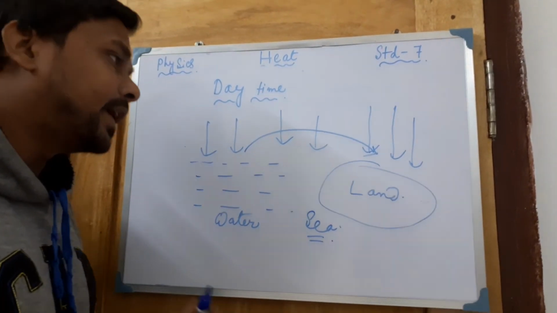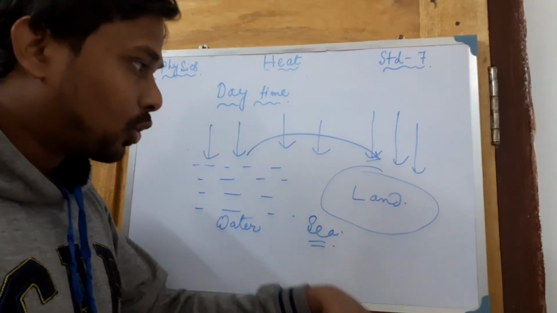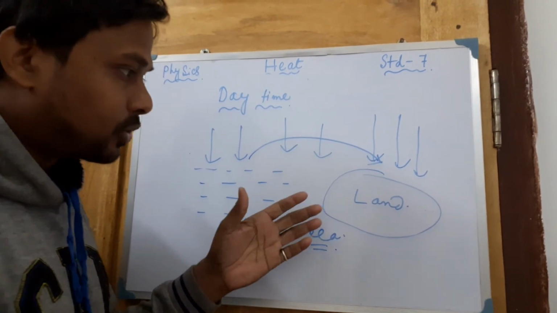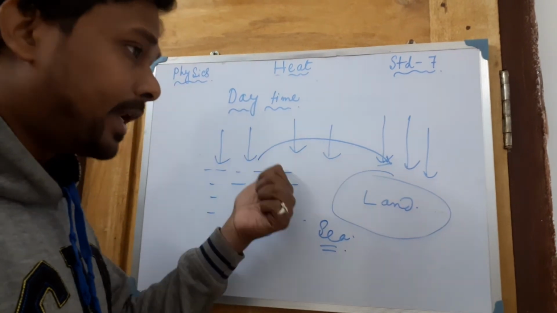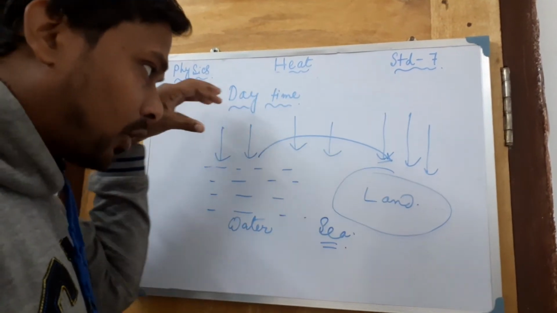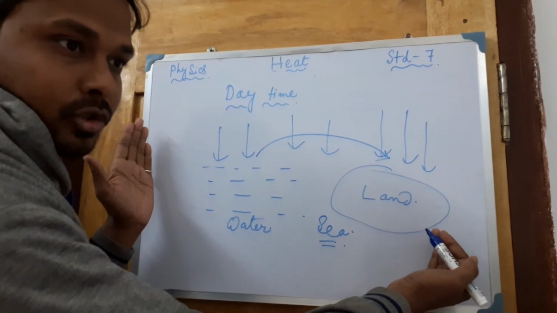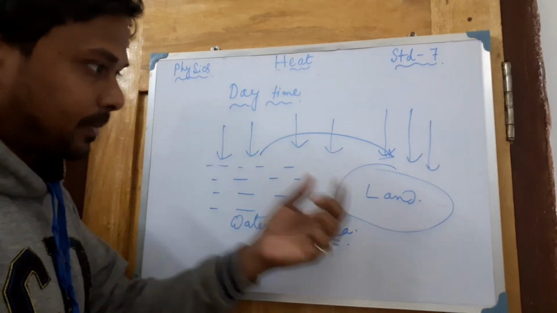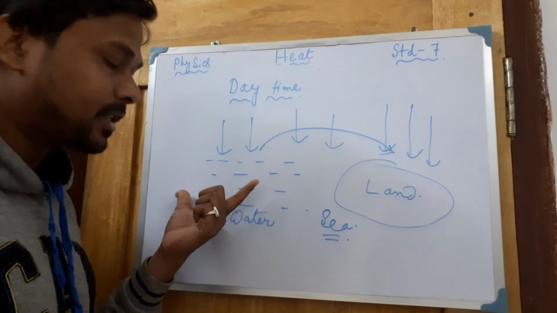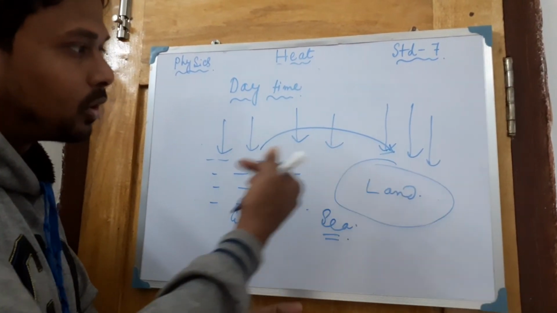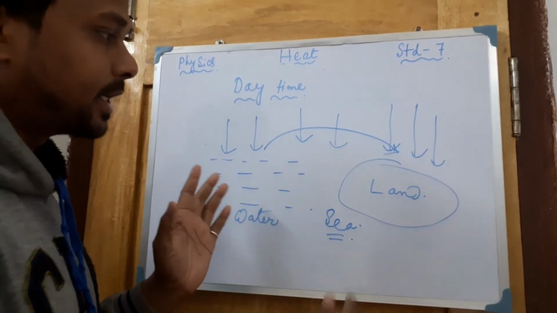The opposite thing happens at night time. The land can radiate the heat quickly, so it will get colder faster than the sea. So the temperature is lowering down here, in night time we are talking about. So the air pressure is more on the land side and less on the sea side. From the higher to the lower pressure, the breeze will go. So this process is known as the land breeze in the night time.